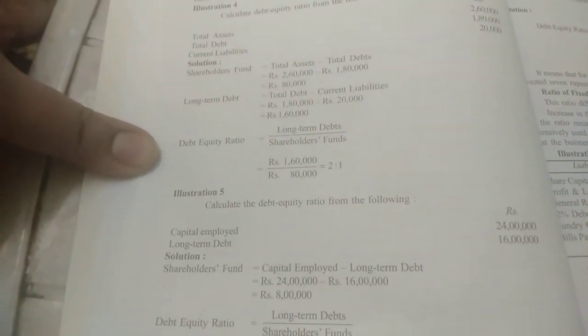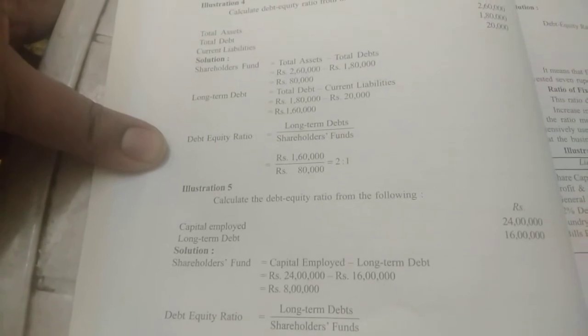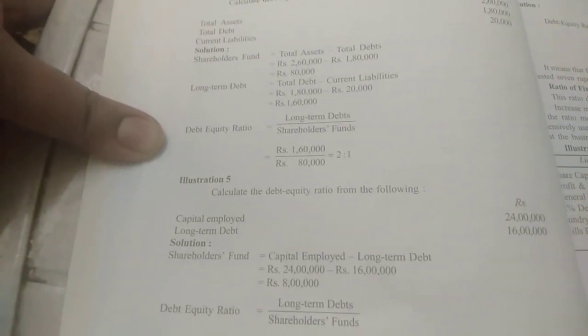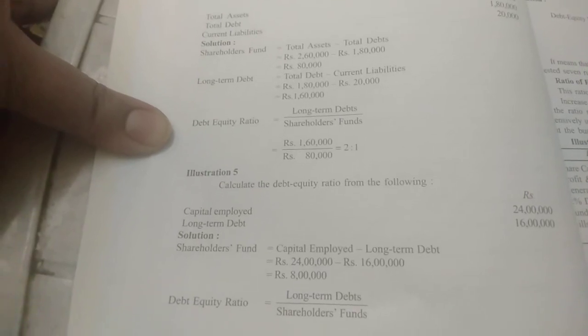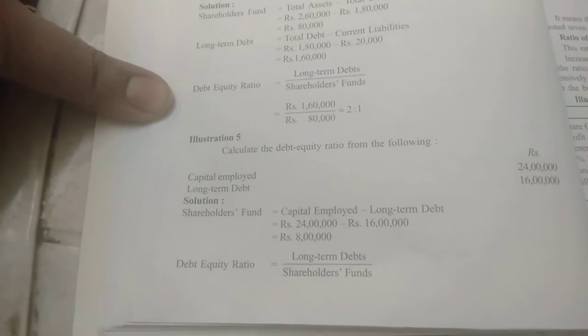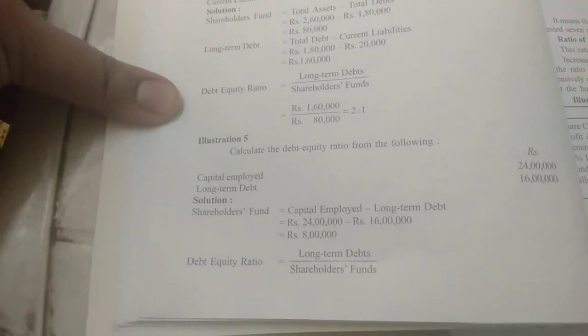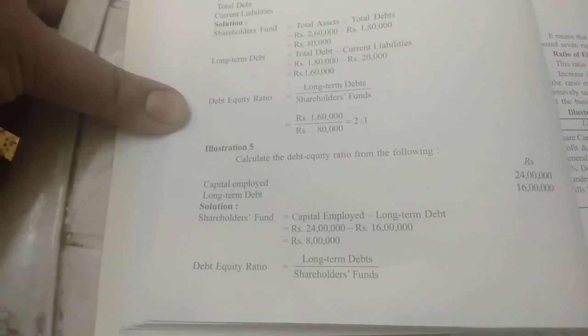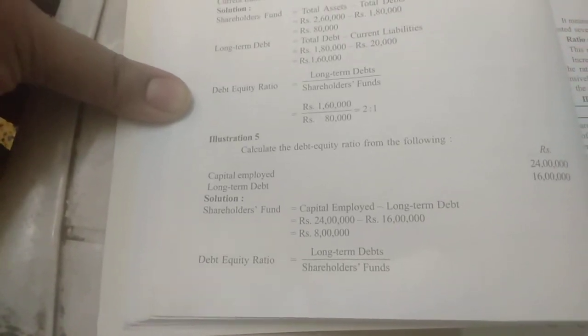In the first numerical, shareholders fund we calculated by subtracting total debts from total assets. Now here total debts and total assets are not there, so here we have capital employed, so definitely shareholders fund and long term debts are given, so shareholders fund can be obtained by subtracting long term debts from the capital